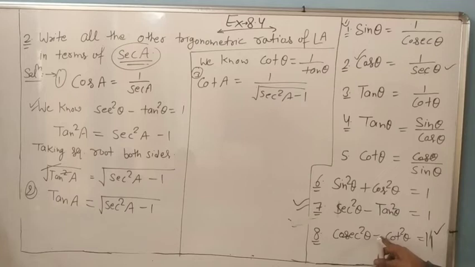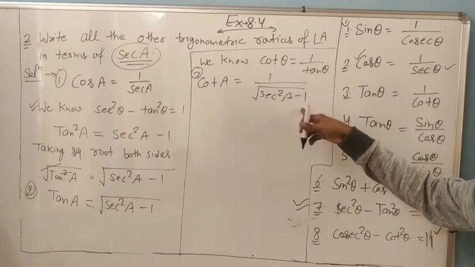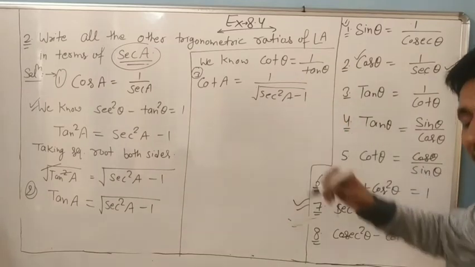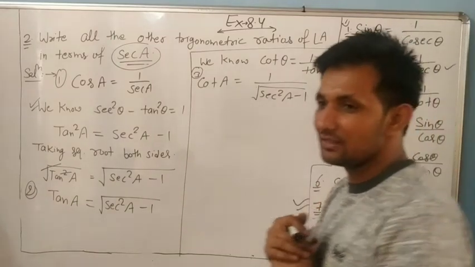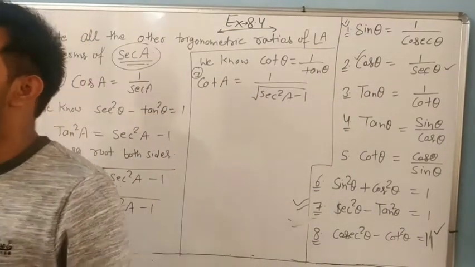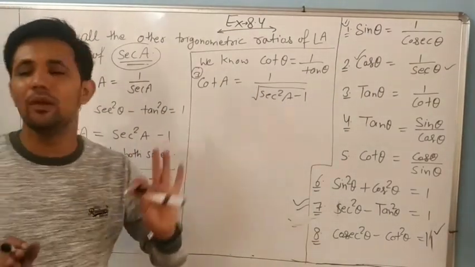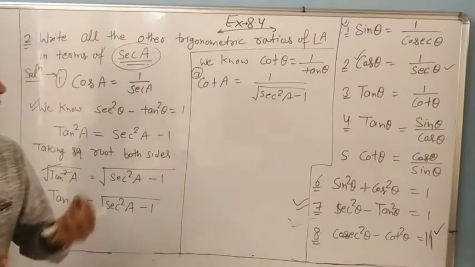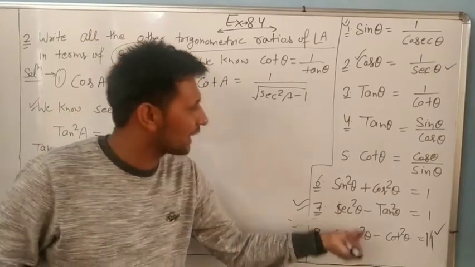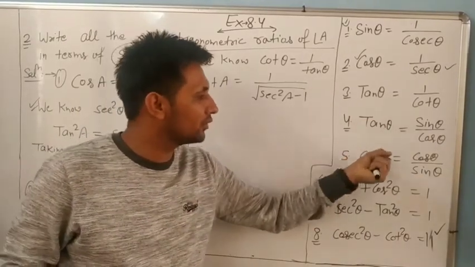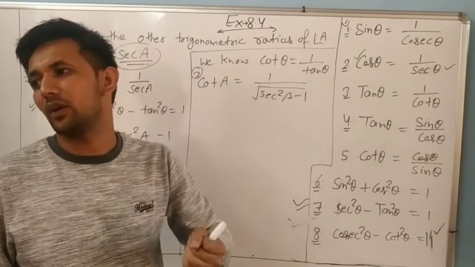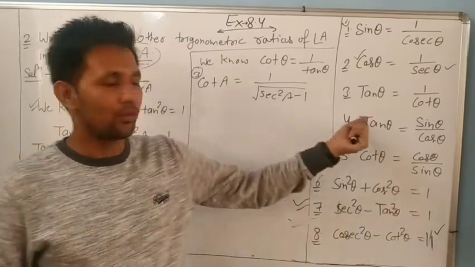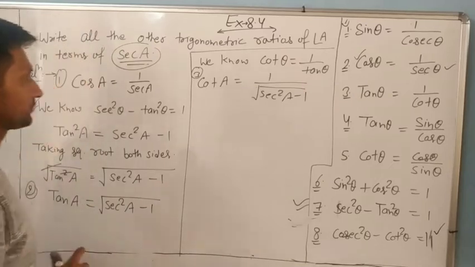Okay dear. Otherwise any other formula we can use, this one also, dear: cosecant square minus cot square equal to 1. Cot value we know in form of sec. Okay dear, it becomes somewhat lengthy. I know it becomes lengthy, but don't be confused, it will be easy. So now any other you can use, this one also, this one also. Then you can. Okay dear. So which one? Fourth. Okay, look at.